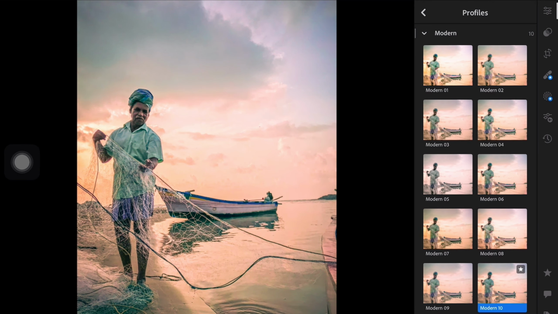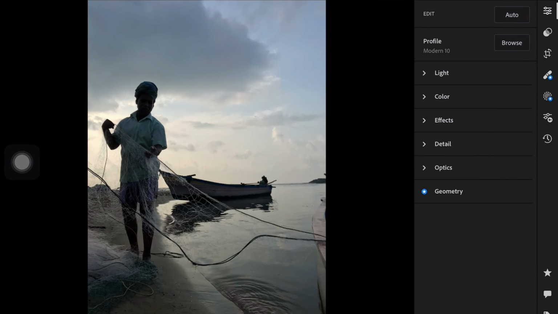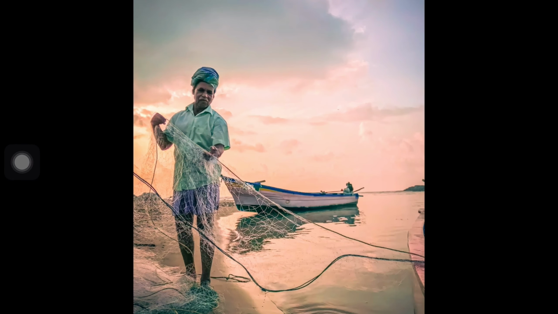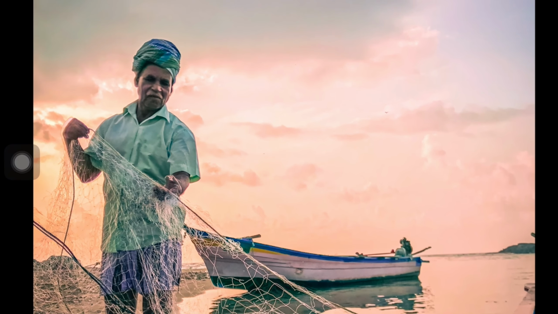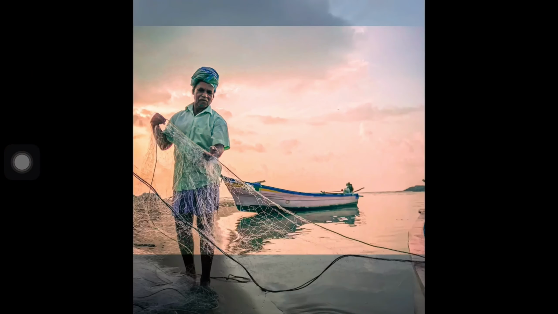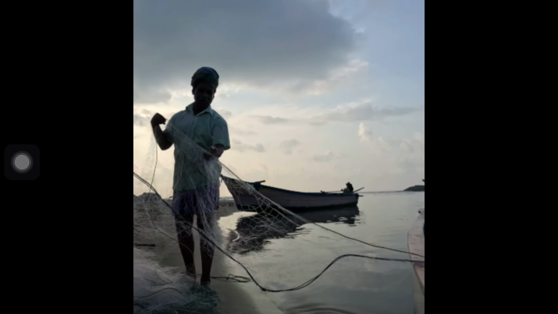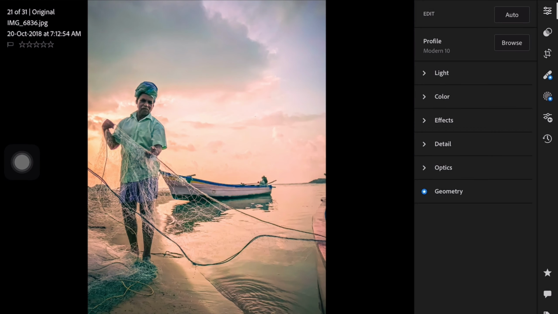In this photo, there was not much detail in the shadow, so I've increased the shadows and the exposure. If you've taken a good photo in good daylight conditions, you're not going to be increasing the shadows or the exposure a bit. So you'll be playing accordingly, based on how you want the photo to be.